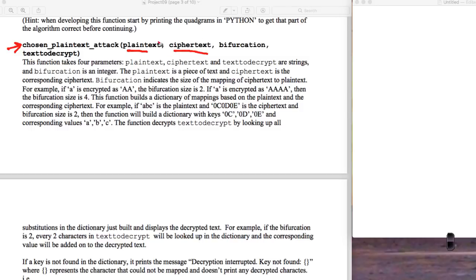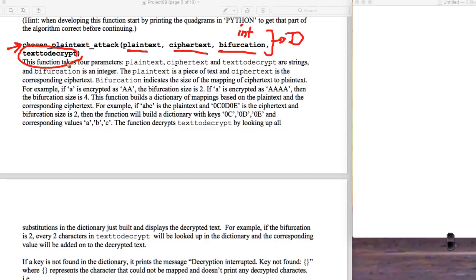From this you're going to build a dictionary using this int, and I'll talk about that more in a moment. From this information you build the dictionary. Then you use this dictionary that you created to decrypt the text. That's the fourth argument to my function. So we take the first three pieces of information, build a dictionary, then use that dictionary to decrypt